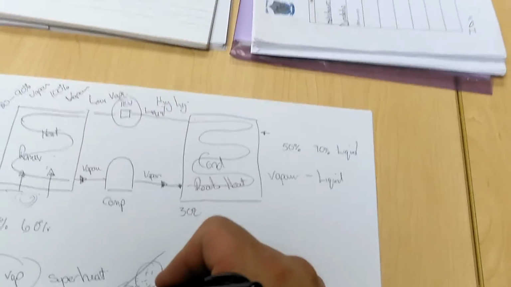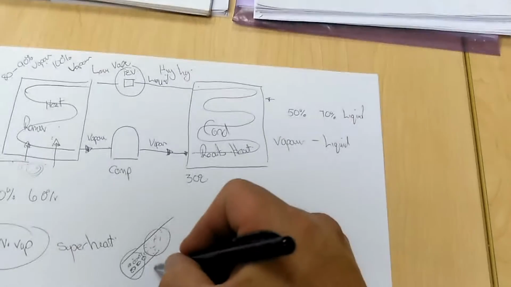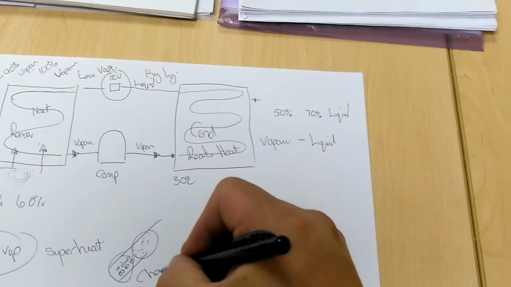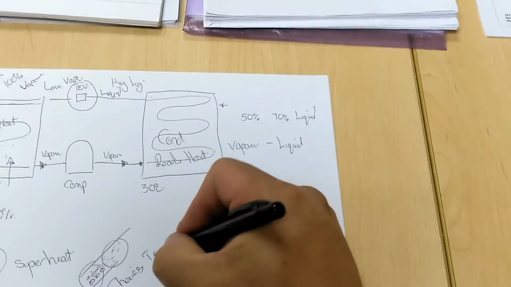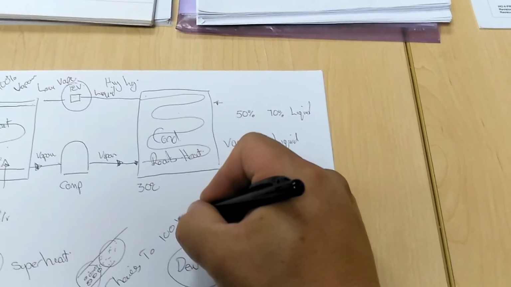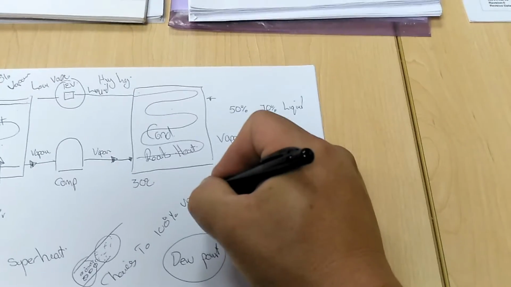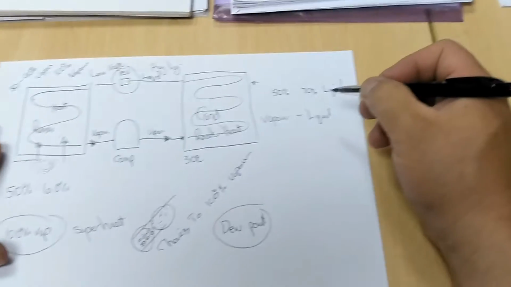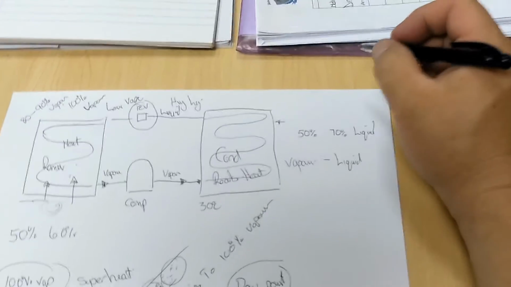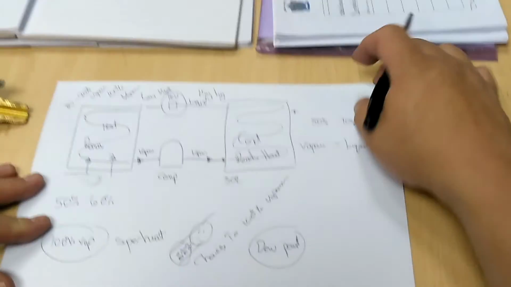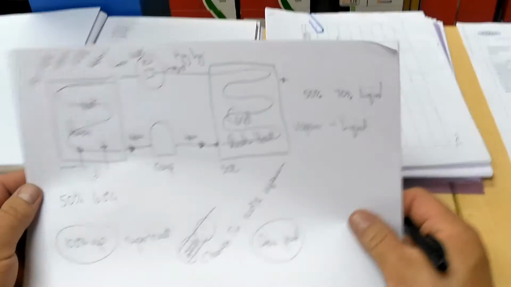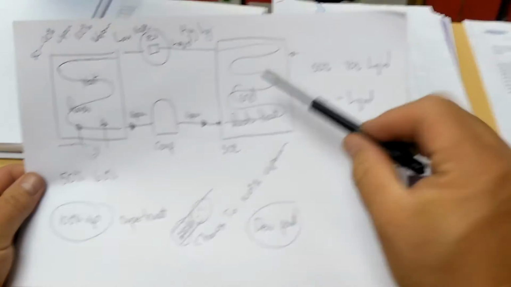Once the liquid droplets come in contact with heat, it changes to 100% vapor. All right. So this means that once the system is running perfectly,